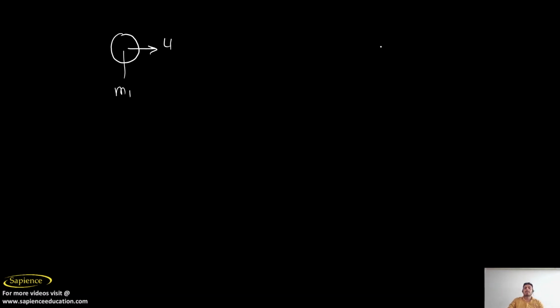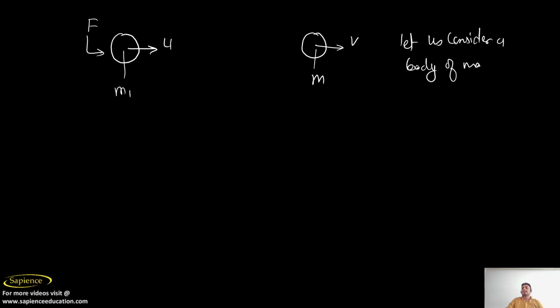When an external force is applied, this body will move here, and its final velocity will be v, and the mass will be m. So let us consider a body of mass m, initial velocity u,